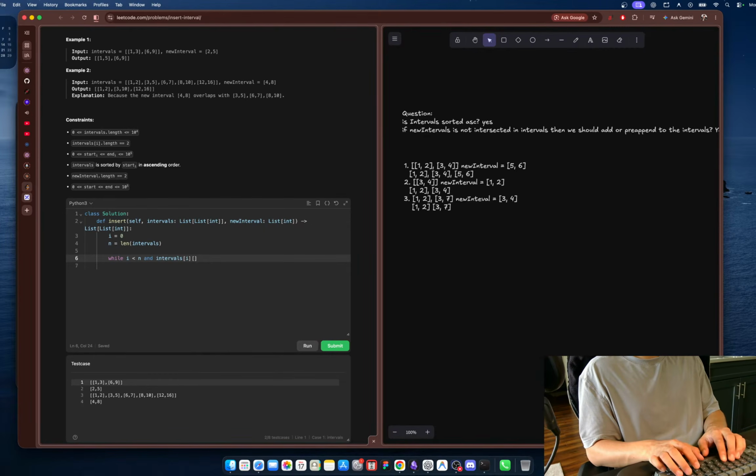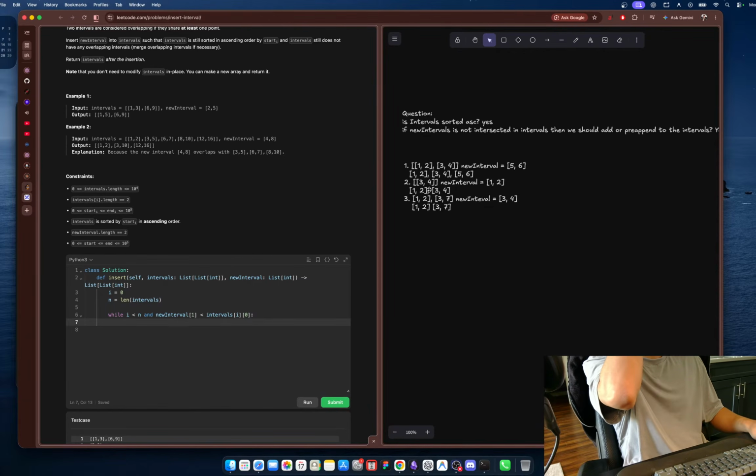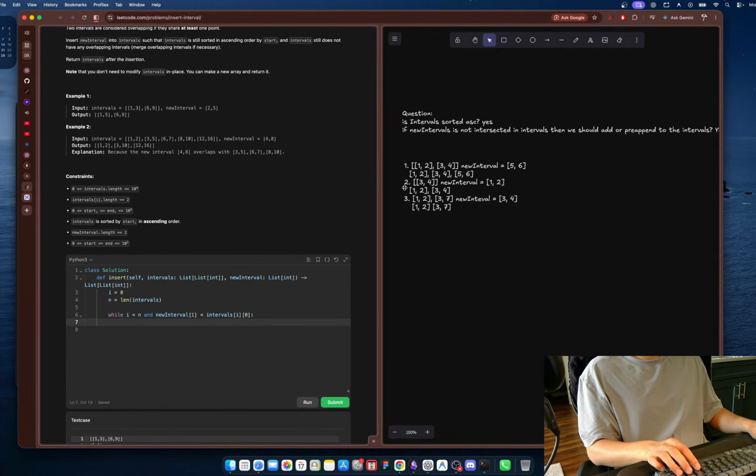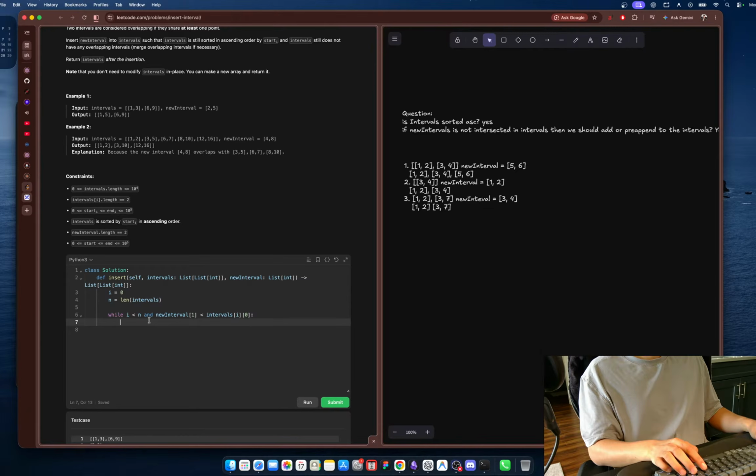So if intervals, and it should be, if it's less than 0, then our new interval should be added over here. So if it is that way, we should